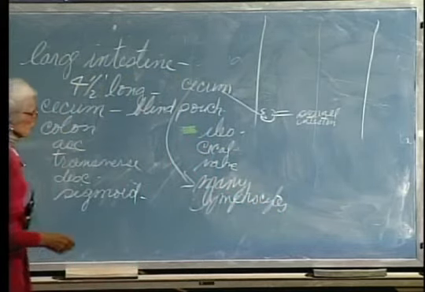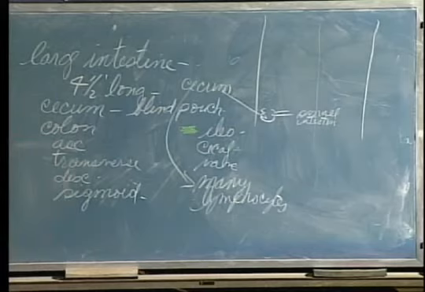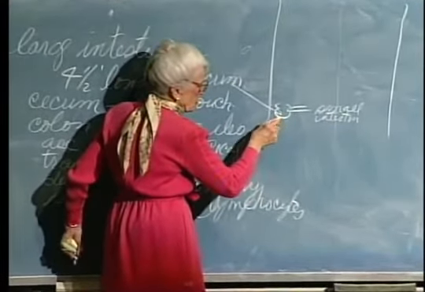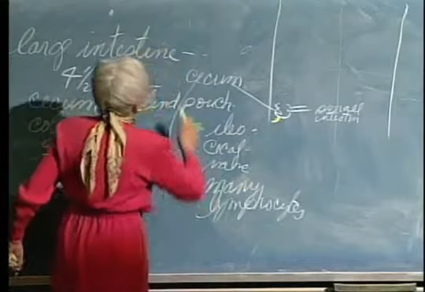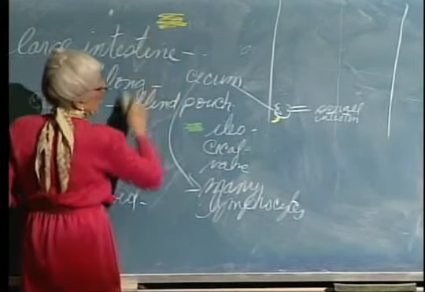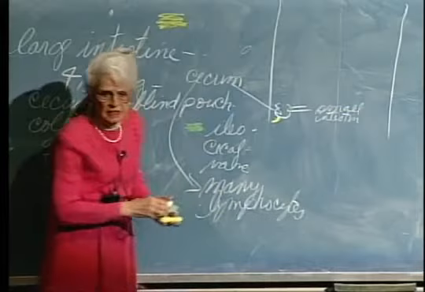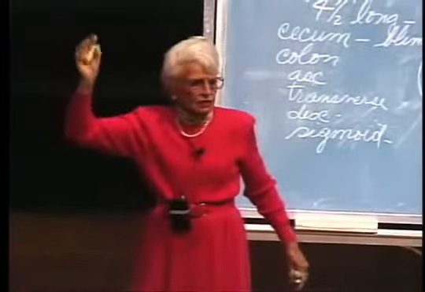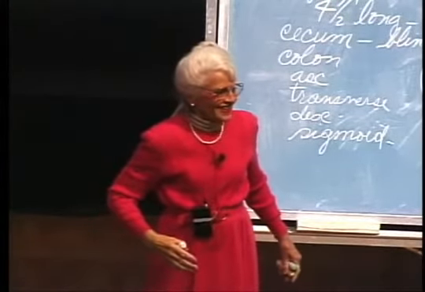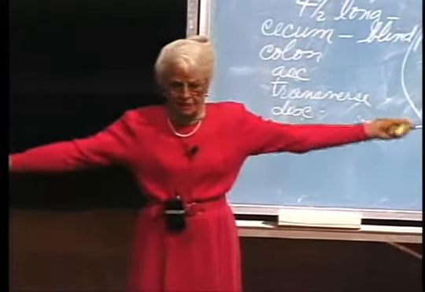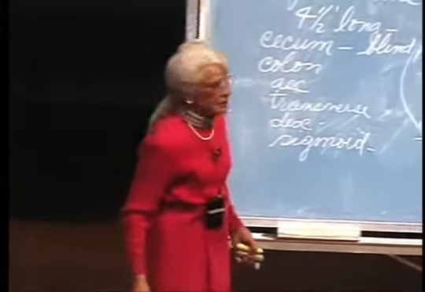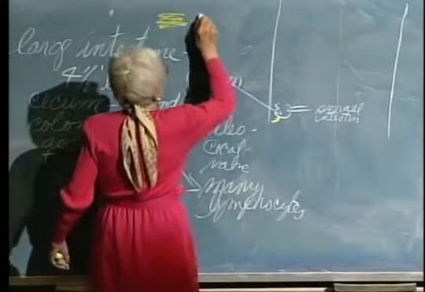And it has a small structure coming off of it. And we call that small structure what? The appendix. Have you had your appendix out? How many have had your appendix out? Not many. In our day, whenever you got any sort of pain in this right lower quadrant, they take out your appendix. But it's like the tonsils. It's filled with lymphocytes again. It has functions. But if it can't fight them,